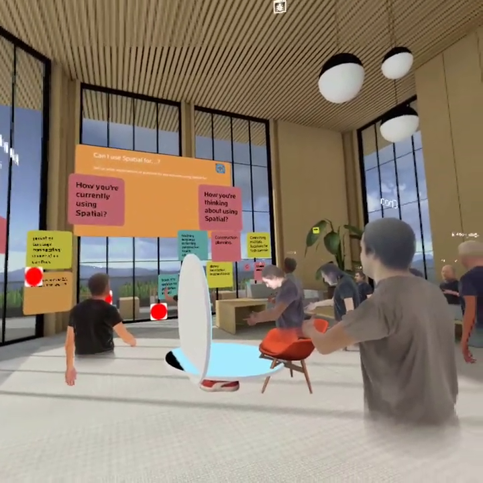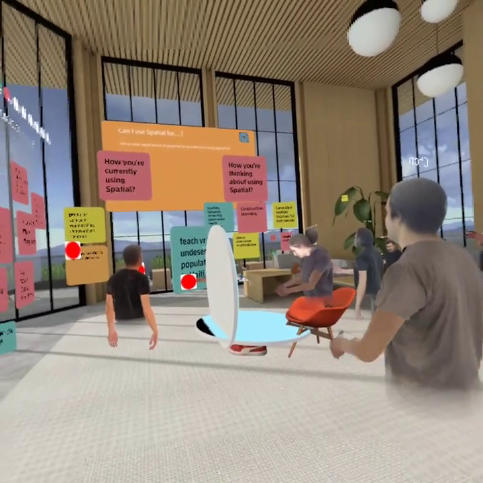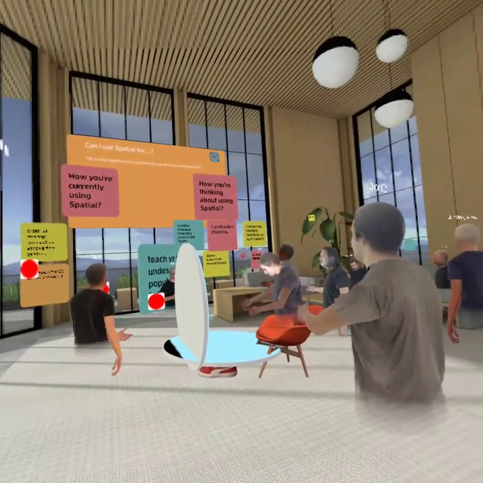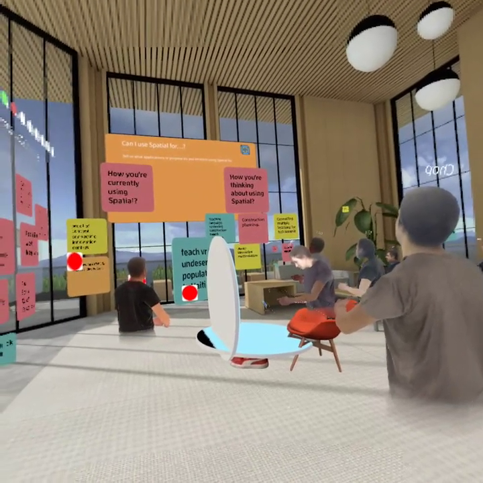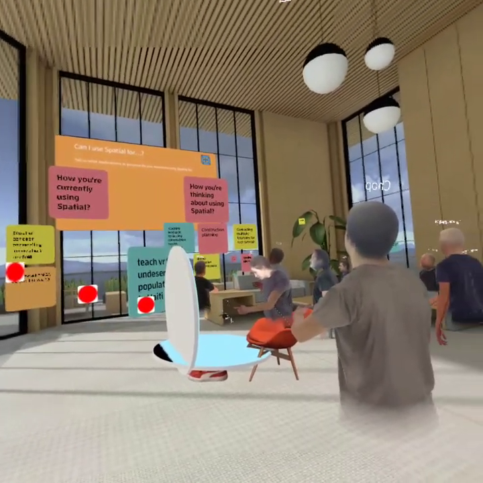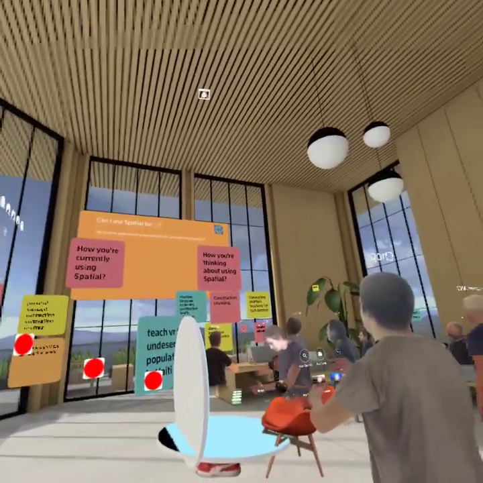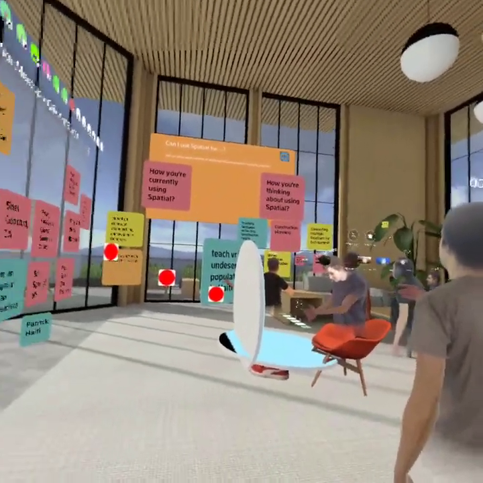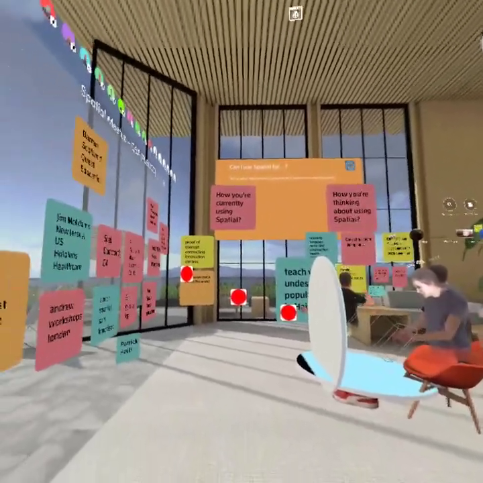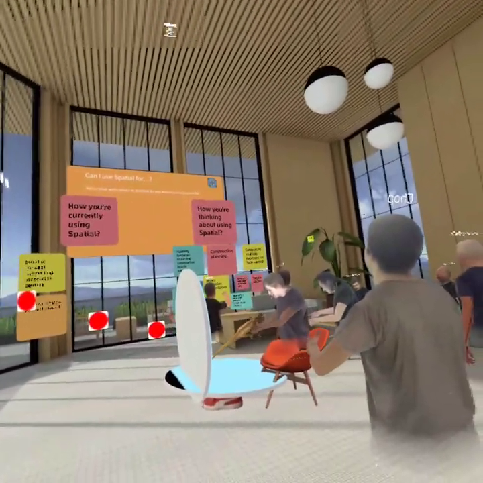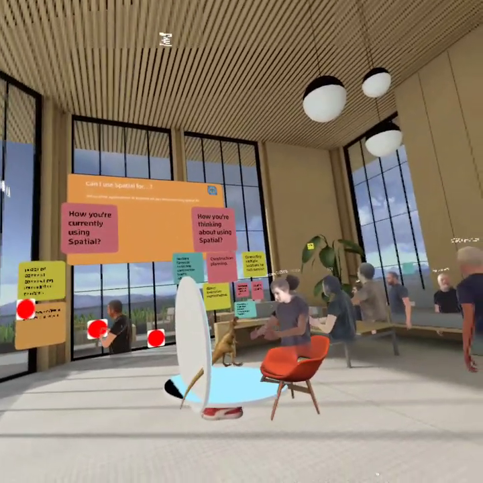All right. So, Bree, we have a few more notes about how people are thinking about using Spatial. There's a couple on construction planning, teaching language, connecting multiple locations for a tech summit, teaching VR to the underserved population in Haiti, and executive training. I'm just going to read them all to you. Developing apps once there's an API. And the last one, hosting a mission model workshop. Wow, those are all so many different and awesome ways to use Spatial.